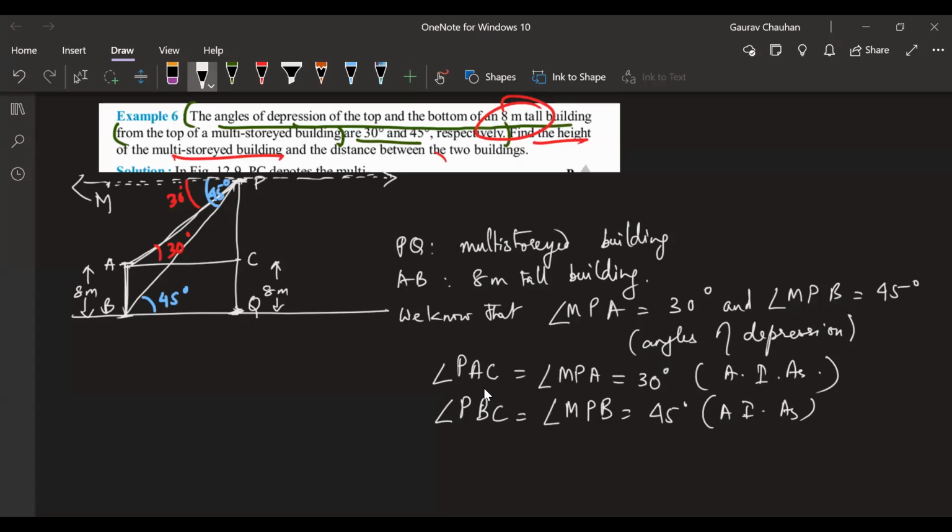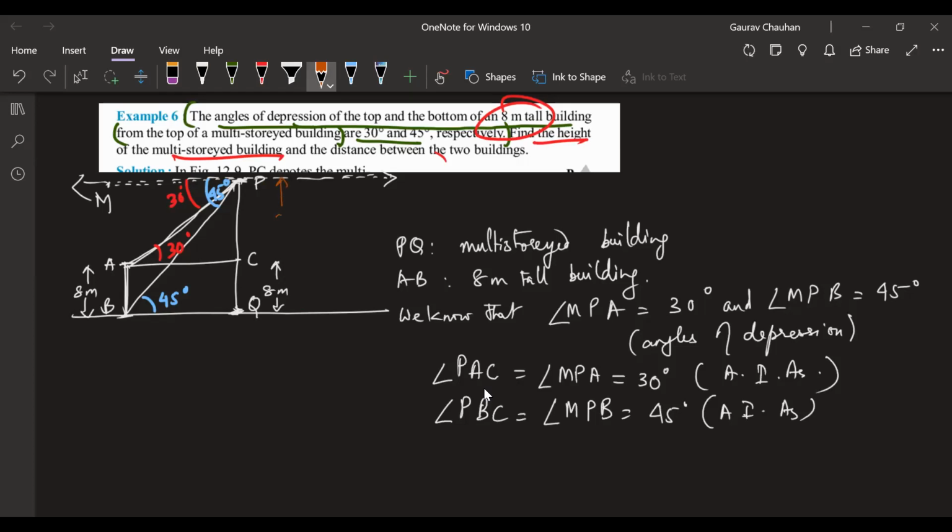Okay. So now again, going back to the same funda which we used in the previous question. Now, what do I have to find? I have to find the height of the multi-storied building. If I end up taking this whole thing as h, then this will become h minus 8, and that is what I'll have to use. I can do that also, it's not a big deal. But I will take this thing so that I can later on add, right?